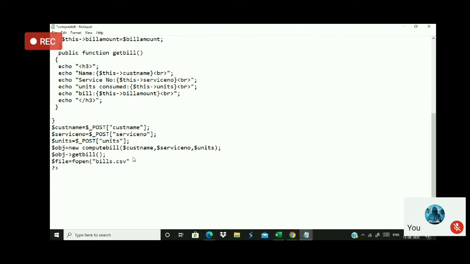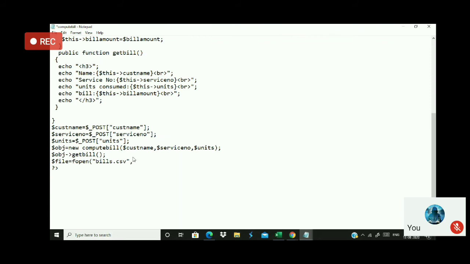The Excel file is not stored as XLS. It will be generated in a format called CSV, comma separated values. This format is actually an Excel format. All the bills will be generated in this fashion.